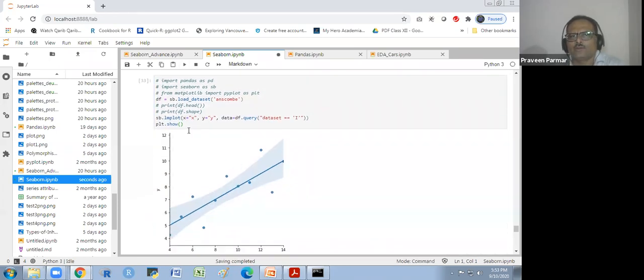So it is the lmplot we are making. The data is df.query, data set equal to 1.